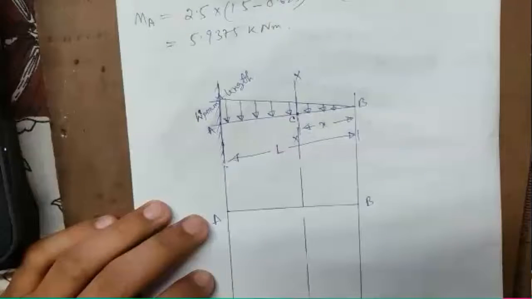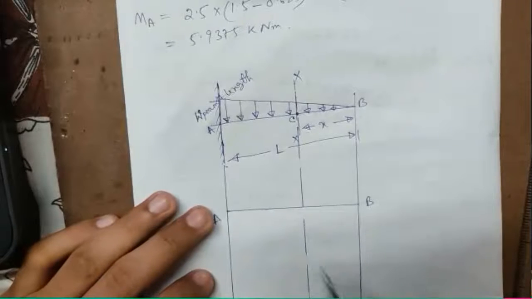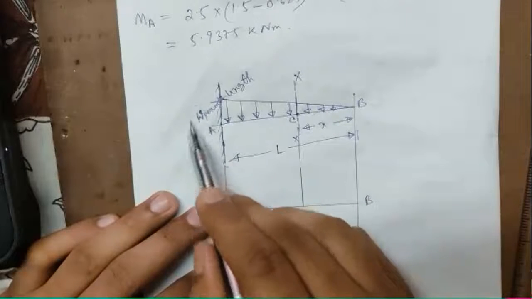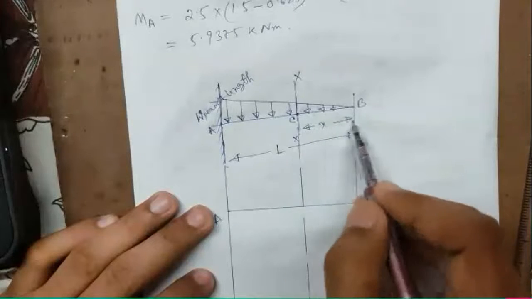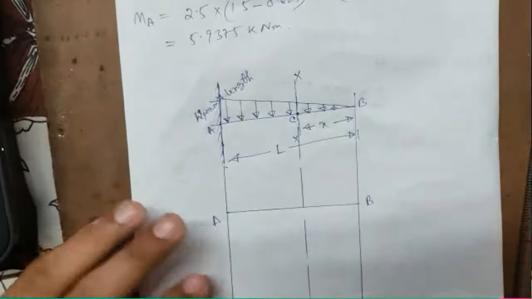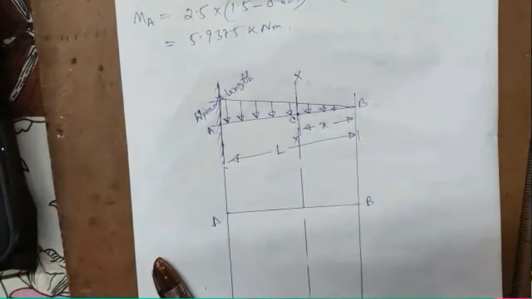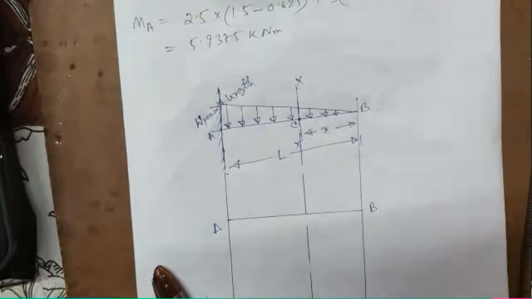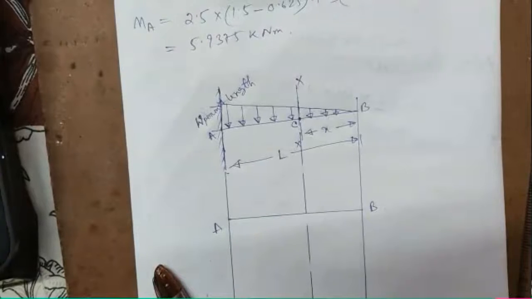Now at position C, we can find out the rate of loading. Okay, so at A, at a distance of L, the loading is small w. So at C, at a distance x, what will be the loading? That we can find out by simple arithmetic or from the law of triangles. Both ways, we can find out the loading at point C.